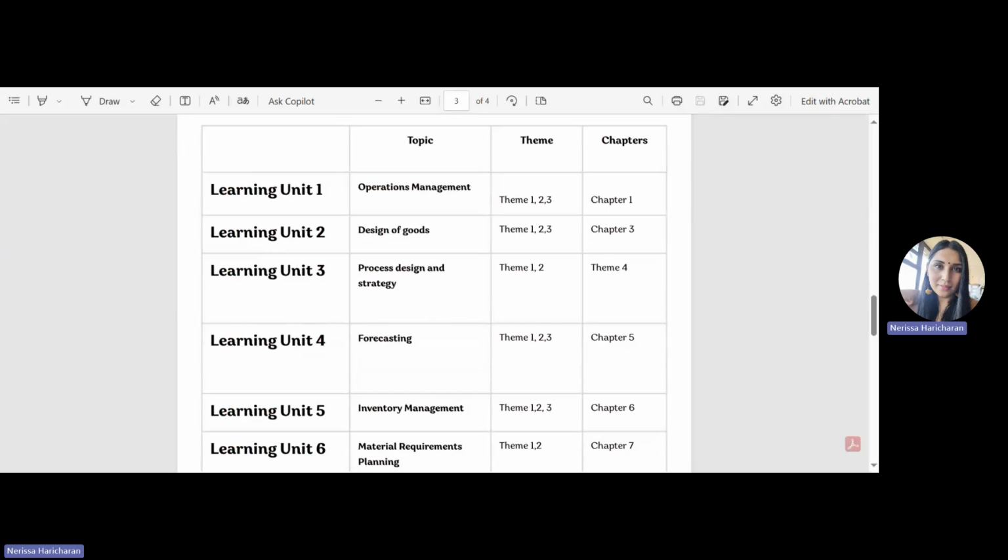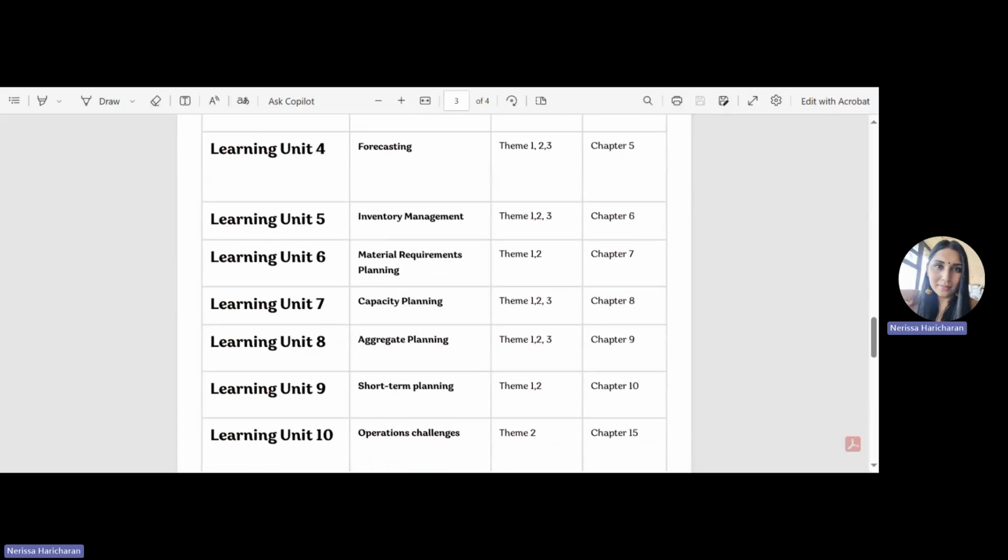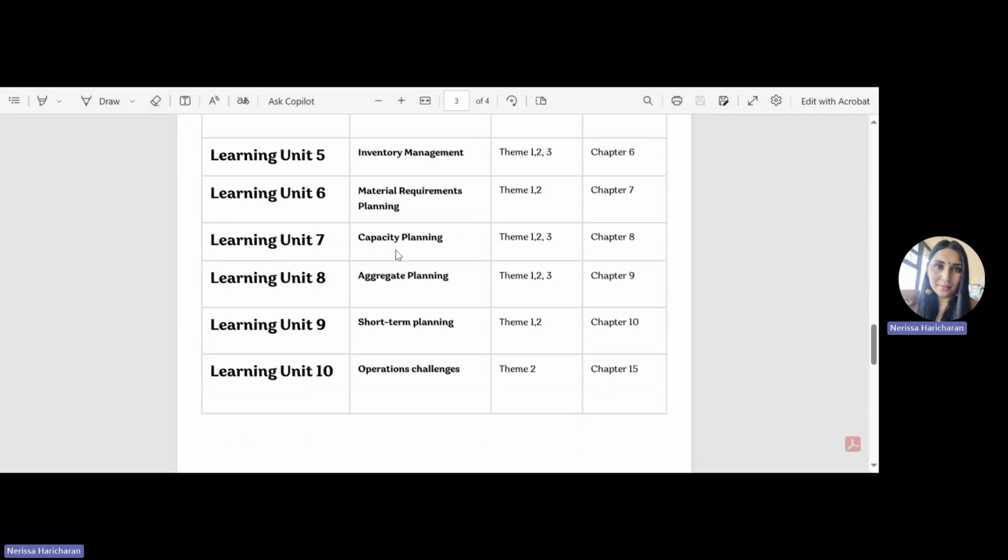This specific learning unit is focused on 3 themes, and it's part of chapter 1. Learning unit 2, design, theme 1, 2, 3, is in chapter 3. Learning unit 3, process design and strategy, 2 themes. Chapter 4, sorry, that was an error. Learning unit 4 is on forecasting, also 3 themes. Chapter 5, learning unit 5, inventory management, 6 materials requirement planning, 7 capacity planning, 8 aggregate planning, 9 short-term planning,